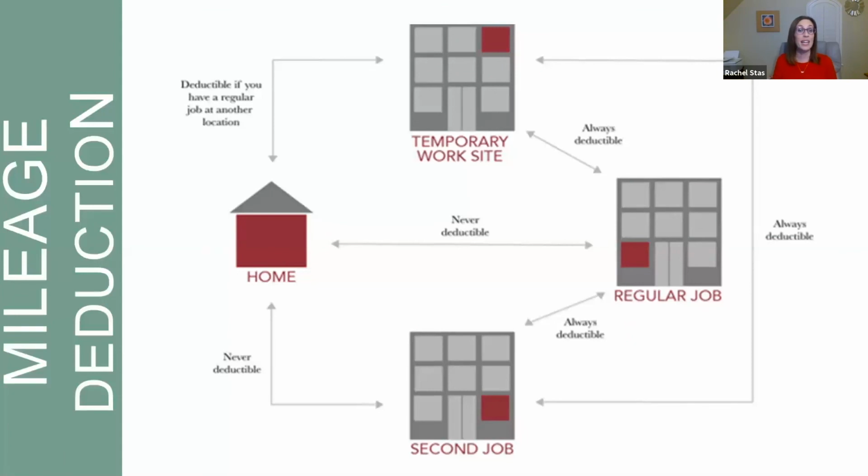So if you're going to estimate, make sure that it is a reasonable amount, because the client that got audited, one of the things they did was pick, oh yeah, I drove 30,000 miles. And they went, oh, that's interesting because your car only went 20,000 miles. And the IRS is never going to believe that 100% of your mileage is business anyway. So you really should keep track.